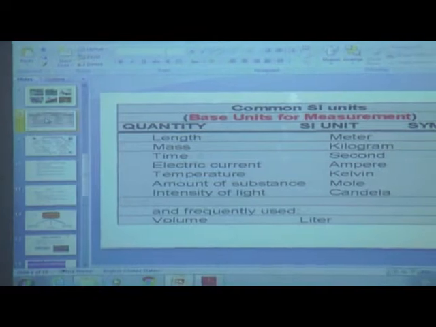Students, in our previous class we have already started our lesson number 10, motion and measurement of distances. In that also we have studied about transportation, even measurement by foot, handspan and string. So today we are going to learn about measurement of standard unit. Just open textbook, page number 99, standard units of measurement.